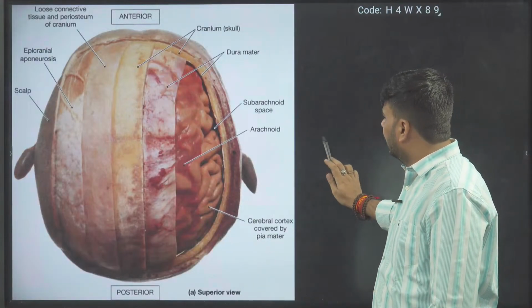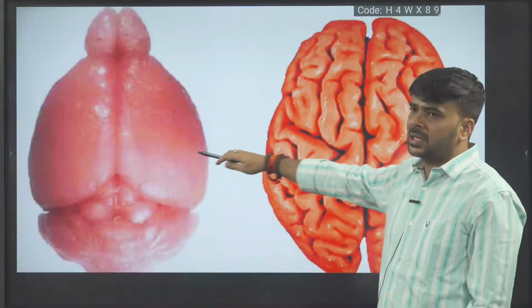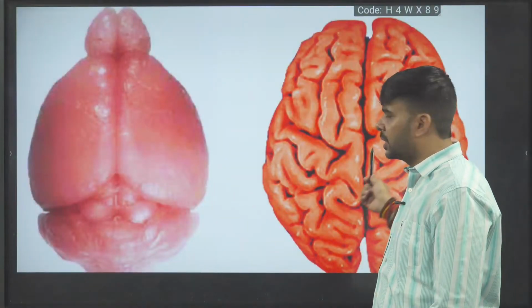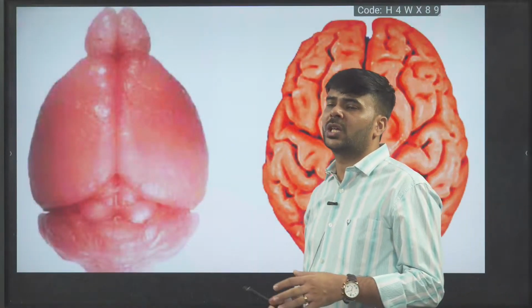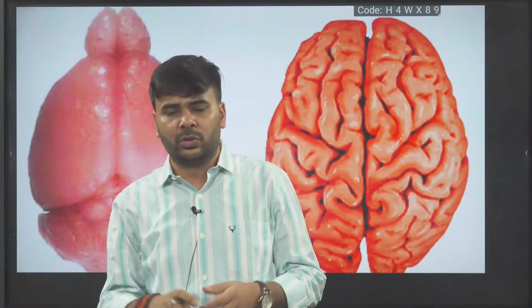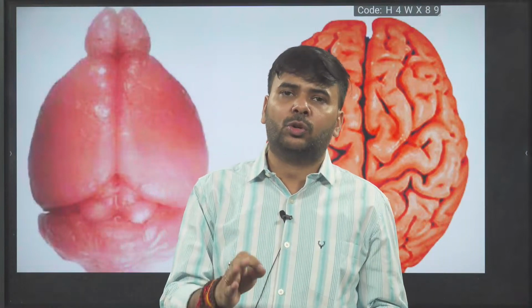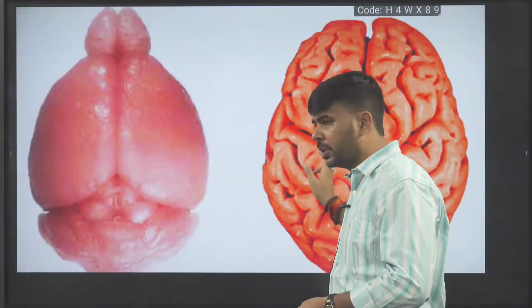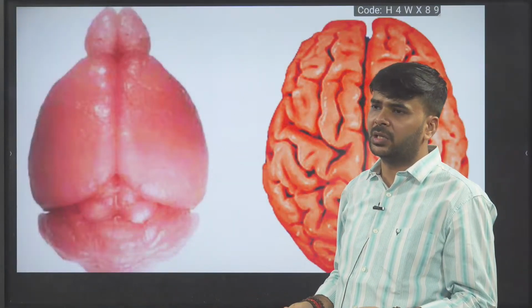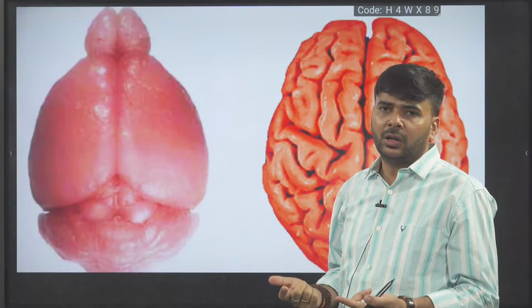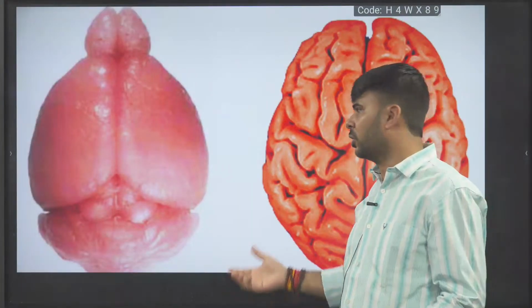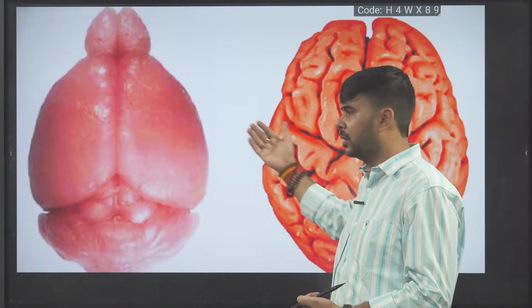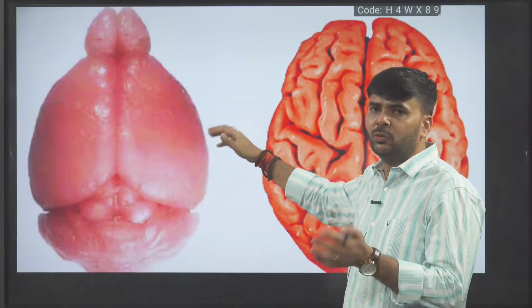Come to this next part. We discussed this smooth brain and this rough brain. Smooth brain means no sulci and gyri, no up and down. Smooth brain means low surface area, and rough brain, with more ups and downs, means more surface area. More surface area means more and more neurons. More and more neurons means a more advanced brain, while fewer means a more primitive brain in working.